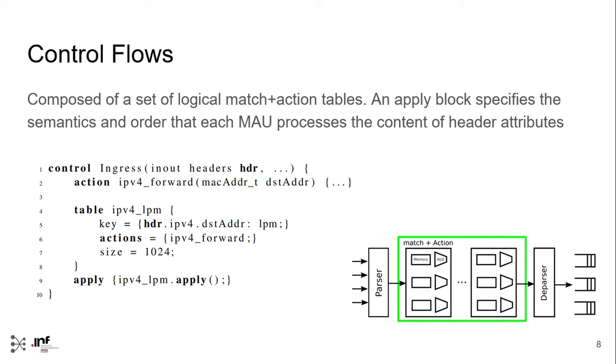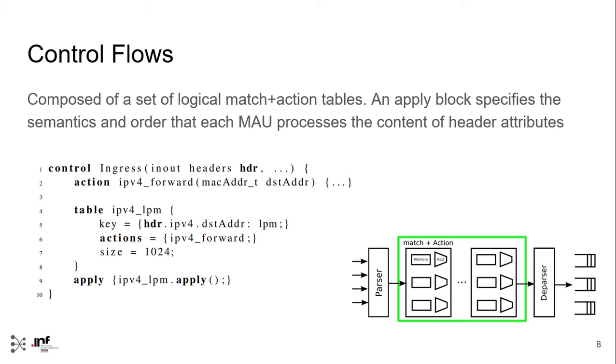After being processed by parsers, the packet is processed by control flows. Control flows are composed of a set of logical match-action tables and registers. An apply block specifies the semantics and the ordering in which we process the content of header attributes. We present an example of a control block called ingress, which defines an action, defines a forwarding table, and an apply block that invokes the forwarding table